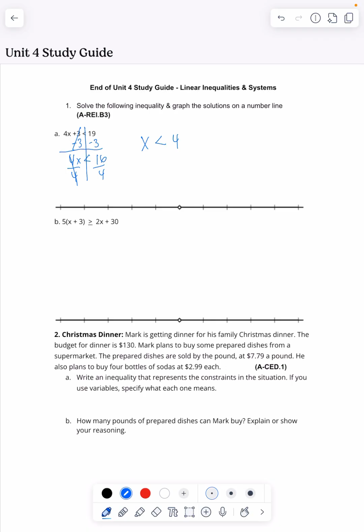In this case, since we divided by a positive, there's no need to change the sign. Remember, that's the only time we do that, when we divide or multiply by a negative on the last step. So in this case, the answer is all values of x that are less than 4. So this would be 4, 3, 2, 1, 0, negative 1, 5, 6, 7, 8, 9. It says all of the values that are less than